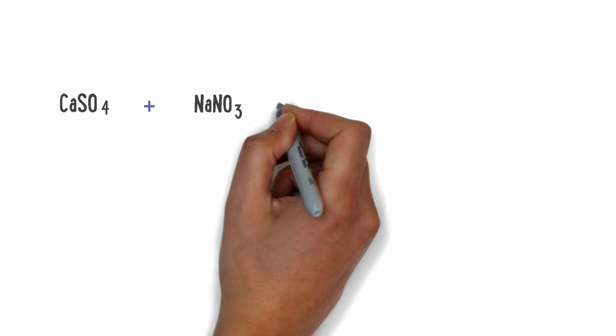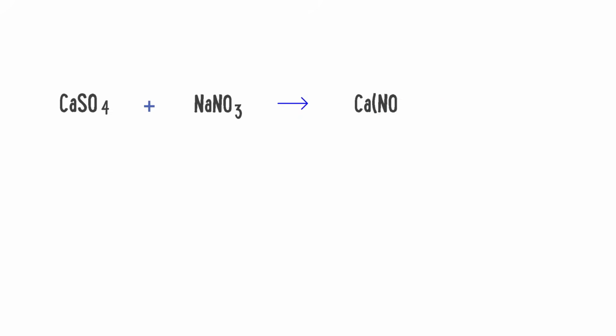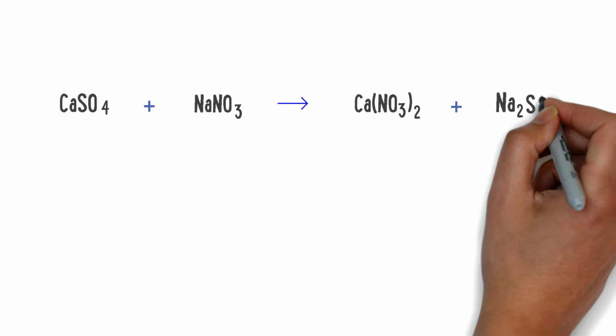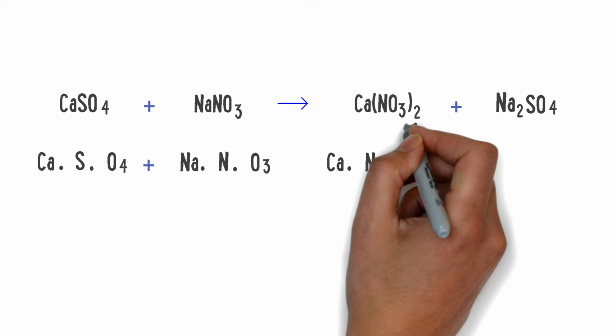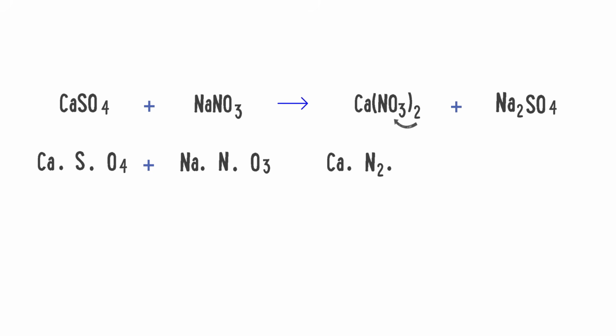For example, consider calcium sulfate plus sodium nitrate react together to form calcium nitrate plus sodium sulfate. I write CaSO4 plus NaNO3 and Ca(NO3)2. Remember that this 2 means 2 times nitrogen. So I write N2. Also this 2 means 2 times O3. 2 into 3 is equal to 6. So I write O6 plus